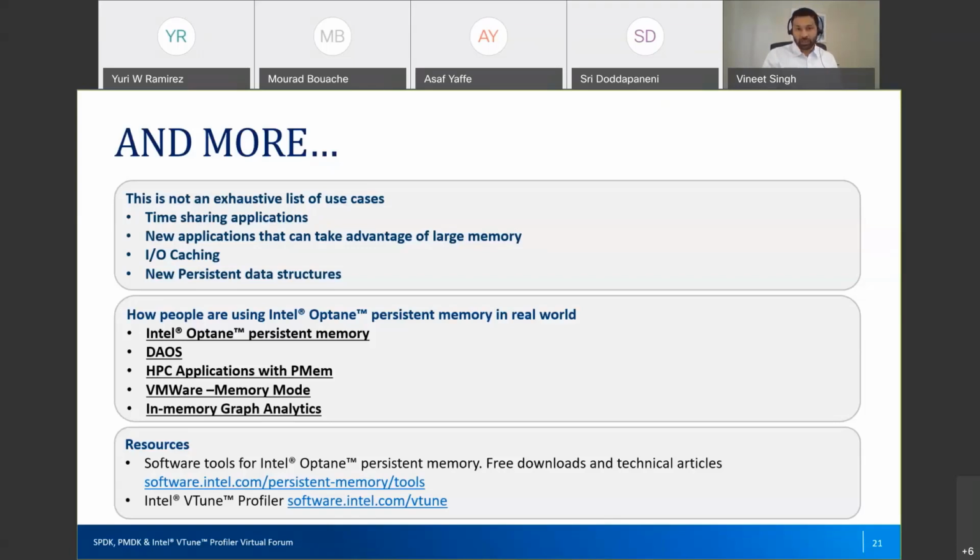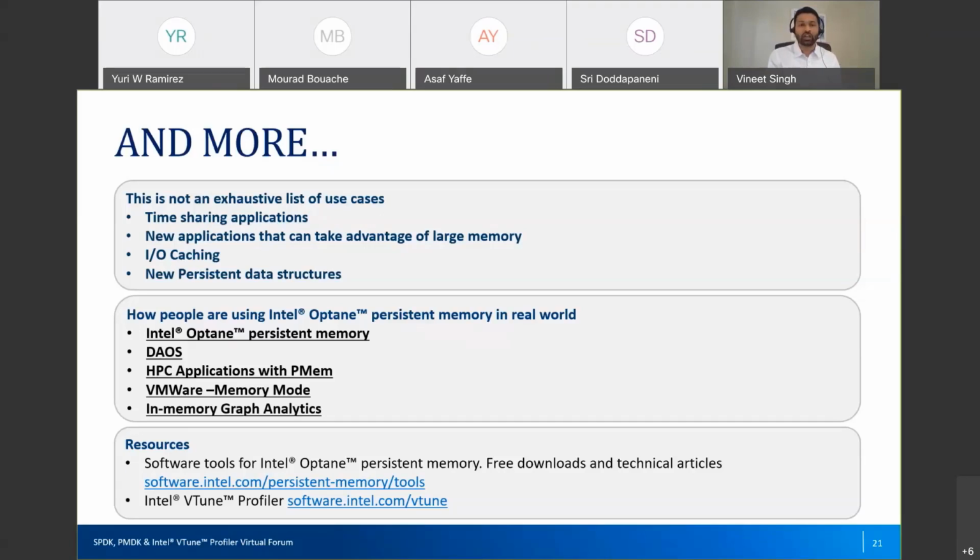There are HPC applications where people have experimented with using PMEM. VMware has released a white paper using memory mode. There are papers on in-memory graph analytics where people have been doing graph analytics in memory because now they have a huge amount of memory available to them. So it's a new technology. You need to understand the basics of it, and then you can come up with n number of use cases